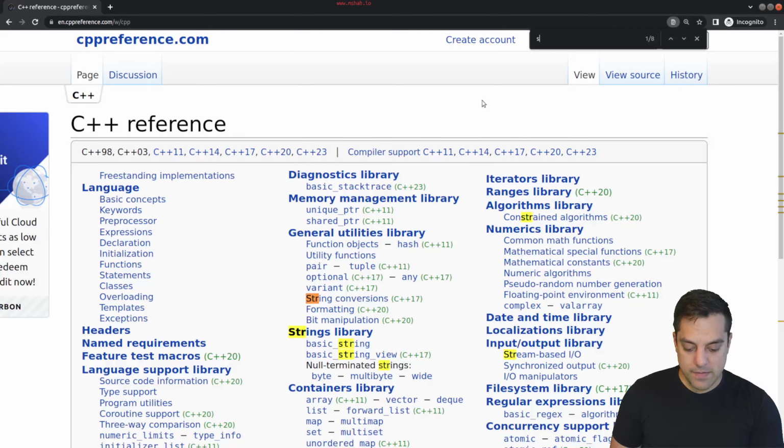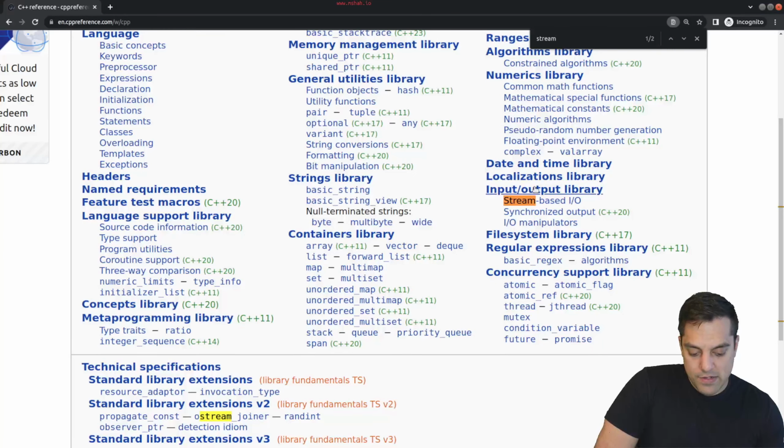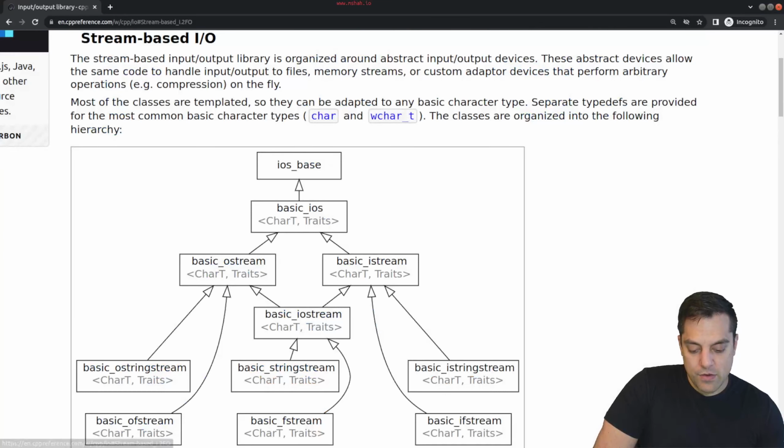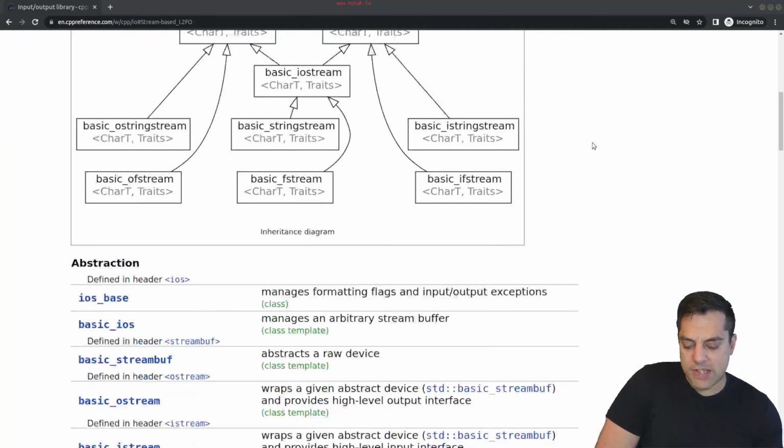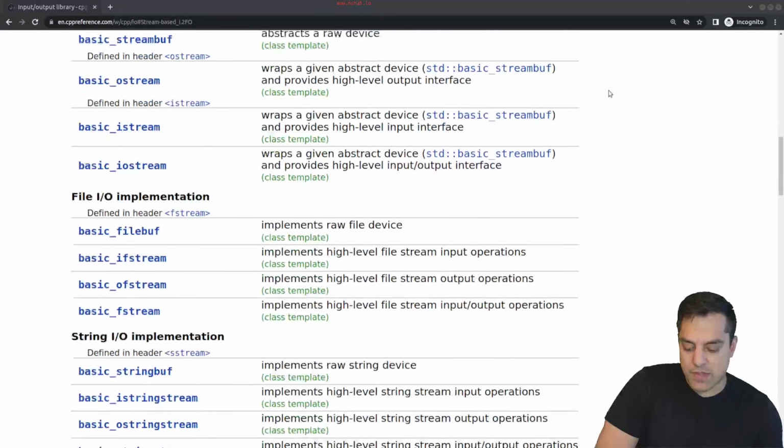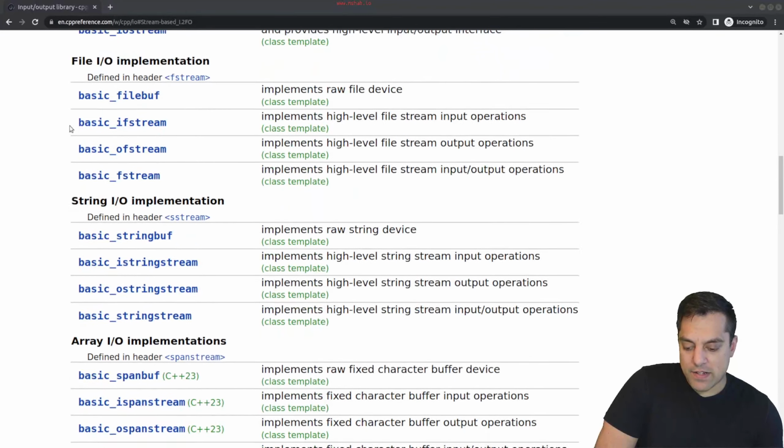And let's see if it shows up here. So if I do stream, okay, stream-based IO. Let's take a look at that. And oh, this is kind of interesting. And I'm going to save you some time and give you, if I scroll through here,